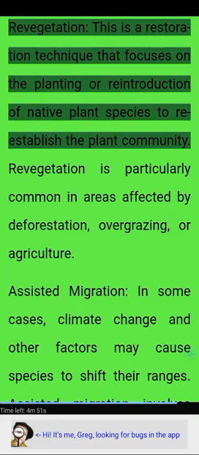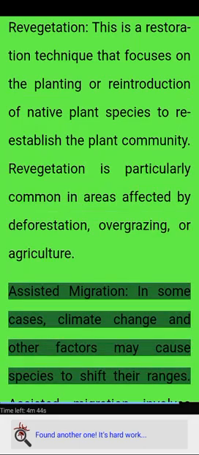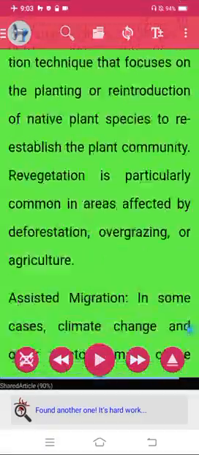Revegetation. This is a restoration technique that focuses on the planting or reintroduction of native plant species to reestablish a plant community. Revegetation is particularly common in areas affected by deforestation, overgrazing, or agriculture. Assisted migration. In some cases, climate change and other factors may cause species to shift their ranges. Assisted migration involves helping